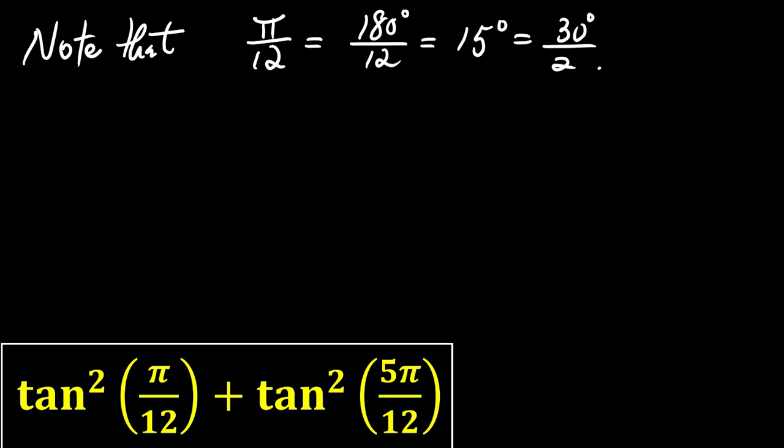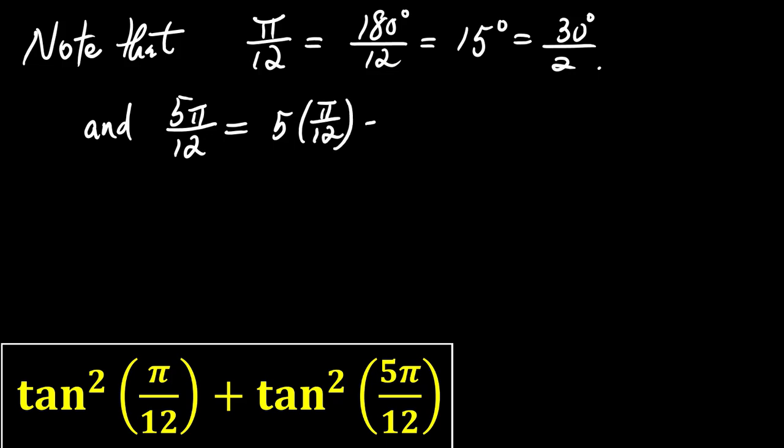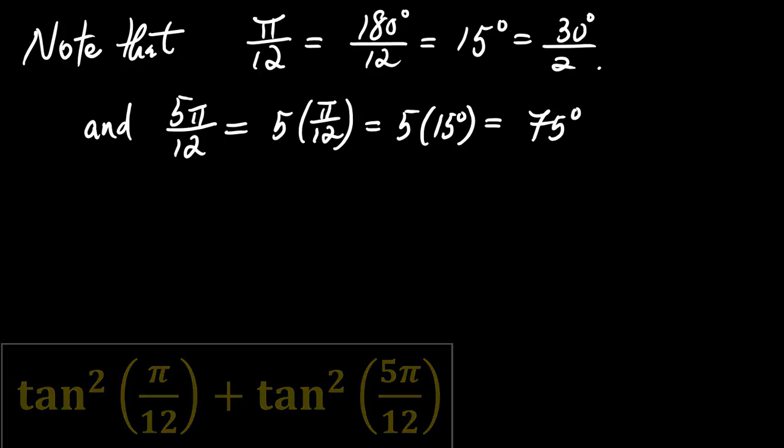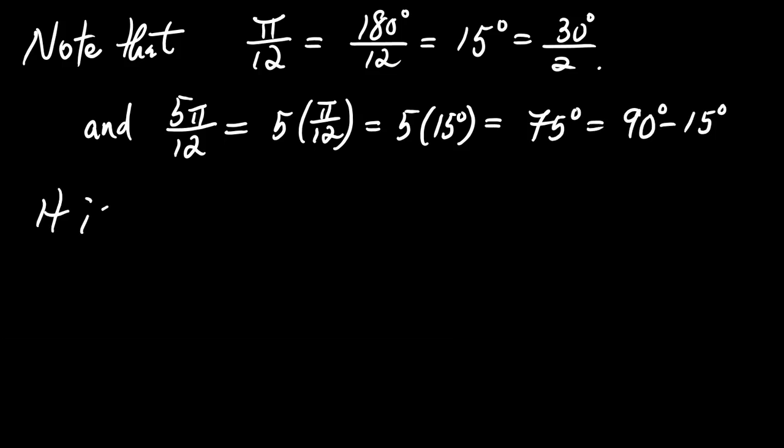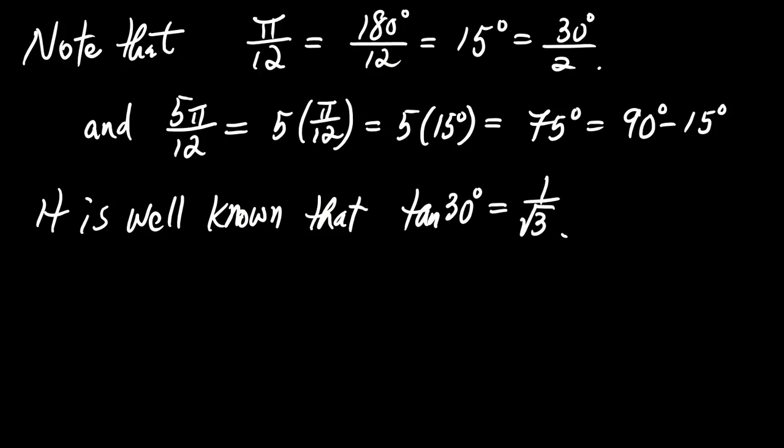Notice that pi over 12 equals 180 degrees over 12 equals 15 degrees. 5 pi over 12 equals 5 times 15 degrees equals 75 degrees. This tells us that we have tangent squared of 15 degrees plus tangent squared of 75 degrees. Using the geometric approach, we find that